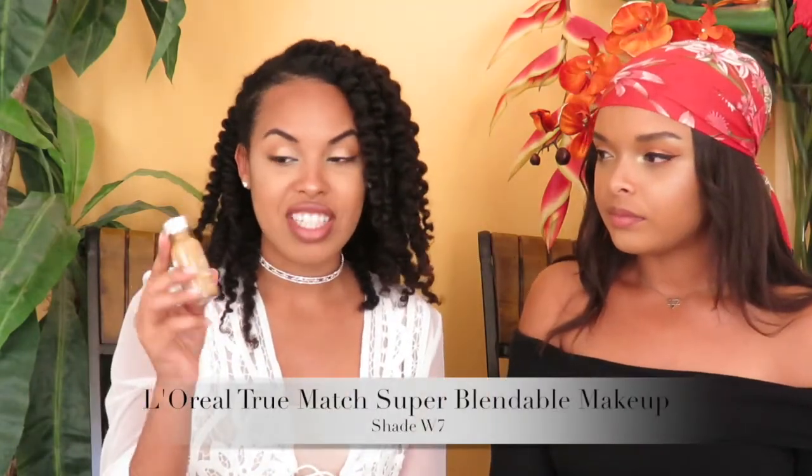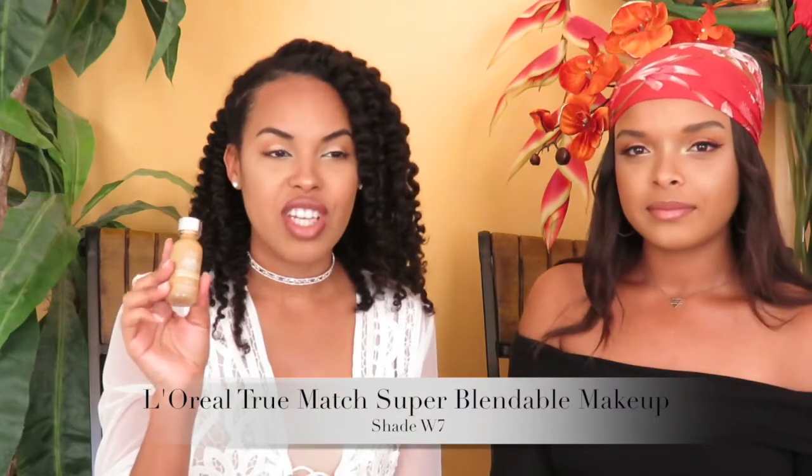Another one of my favorite foundations from this year and years prior is the L'Oreal True Match. I really love this foundation. The only reason why I didn't stick with just this is that if you ever see it in store, it has very faint little sparkles in it, and it also comes with SPF. So during the day, you're glowing, you're nice, but if you take a picture at night, it is like a